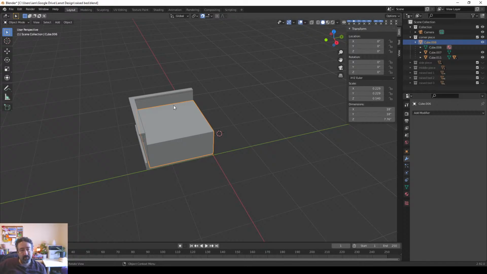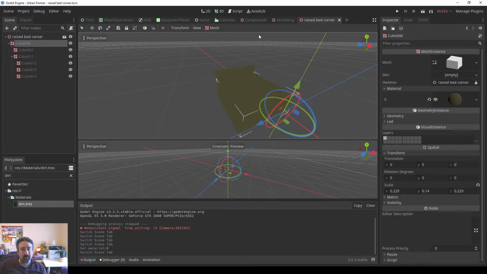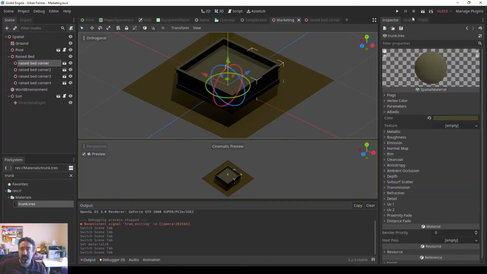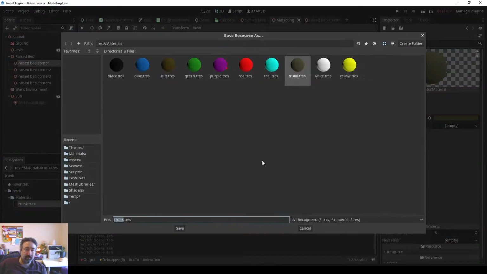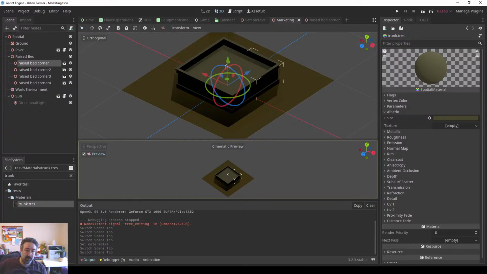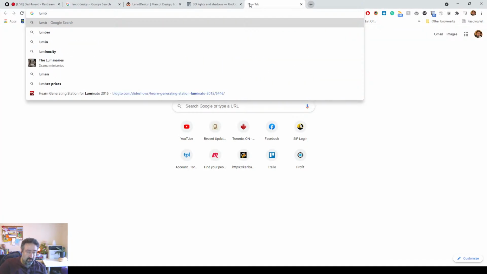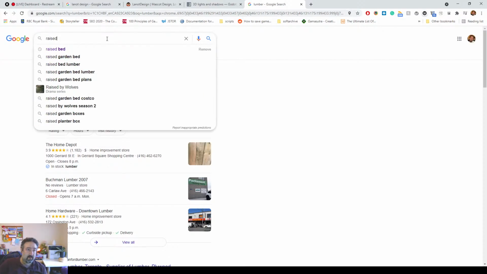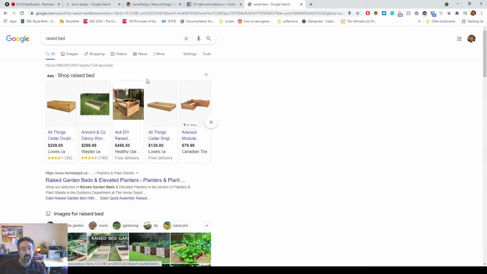Additionally, dirt will have, so I think I should make a trunk. It's okay. Let's save it as a lumber. Let's look for a lumber, testing something of